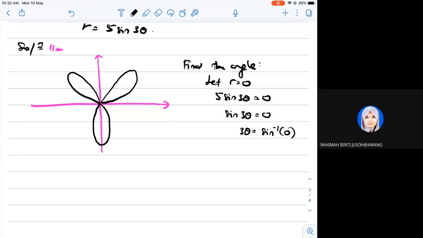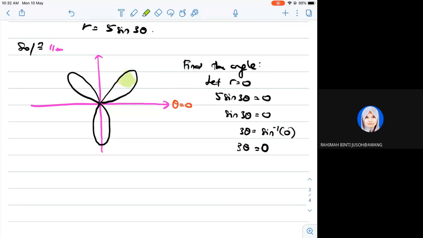Guys, kalau you tekan calculator, you dapat apa ni? 3 theta ni, shift sin 0, arc sin 0. Dapat apa? 0. Okay, we get 0. But we would like to have an interval kan. Kita nak tahu interval. Kita dah tahu dah theta kat sini 0. Kalau you denote kan, memang sini theta equals to 0. Okay, but now kita nak tahu sampai mana yang kita punya